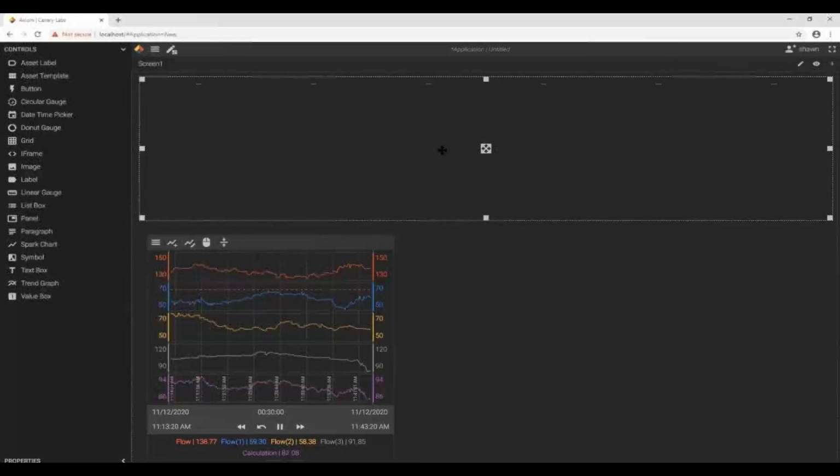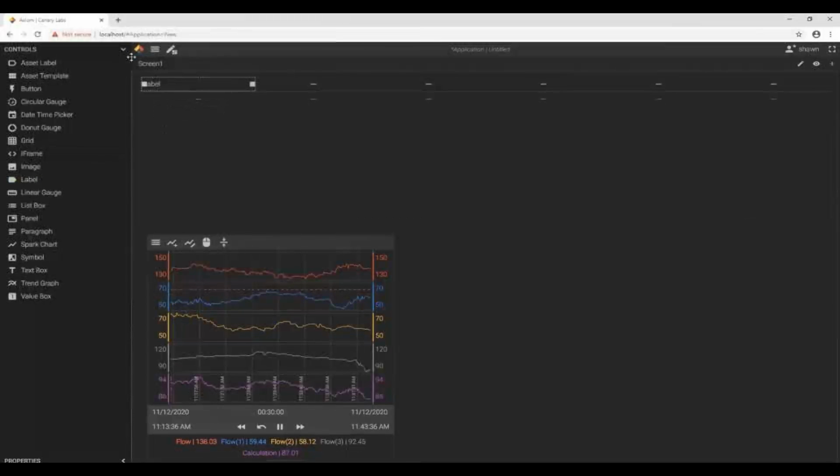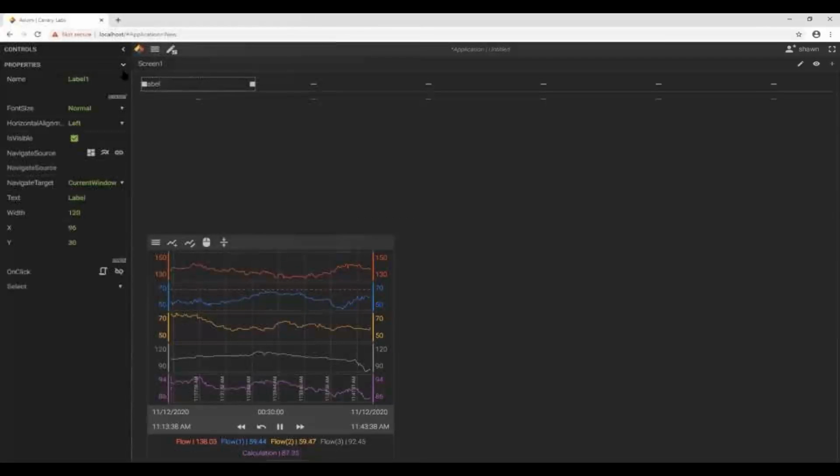So what I would like to do here is a comparison between 6 different pumps. I want to look at the average flow rate of those pumps over the past week, for example. So I could create a very simple report using a grid control to do that. I'm going to add a label control here for my column headers. Just do a quick property cleanup here. We're going to make the label large. Center that. We'll call this